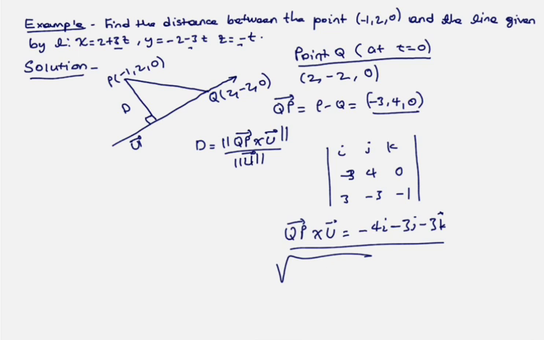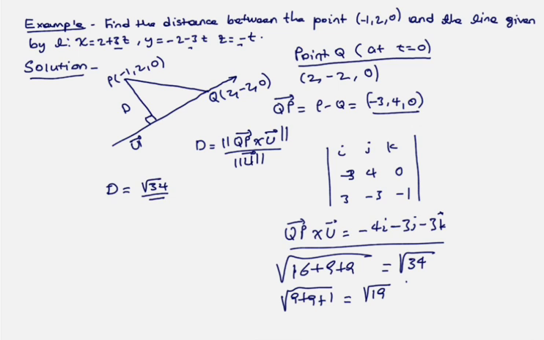ስለዚህ የዚህ ማግኒቲዩድ ስንፈልግ it's the square root of (-4) square plus (-3) square plus (-3) square, which is 16 plus 9 plus 9, which is equal to the square root of 34 ማለት ነው። ከዛ magnitude of u ደግሞ it's the square root of 3 square plus (-3) square plus (-1) square, which is equal to 9 plus 9 plus 1, which is equal to the square root of 19 ይሆናል። ስለዚህ directly ይሄንን just substitute ስናደርግ our distance becomes the square root of 34 over the square root of 19። ስለዚህ ዲስታንሳችን ይሄን ያህል ይሆናል ማለት ነው።